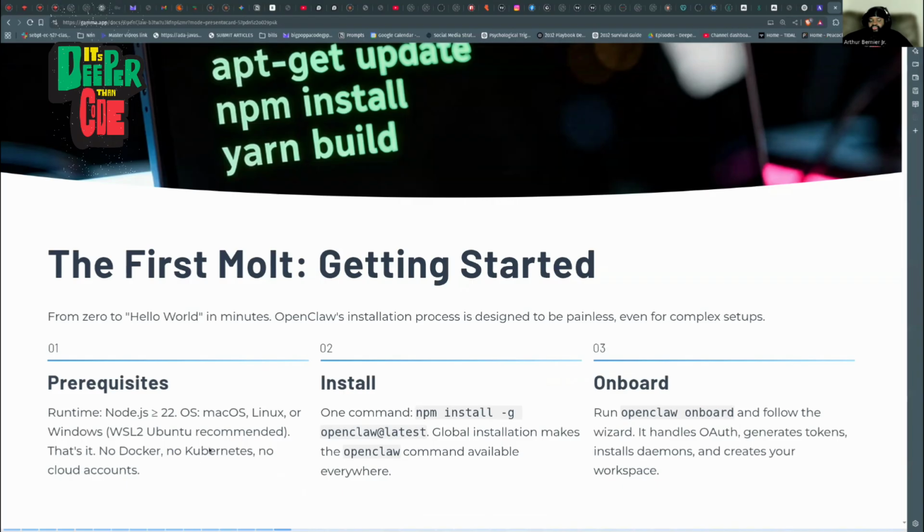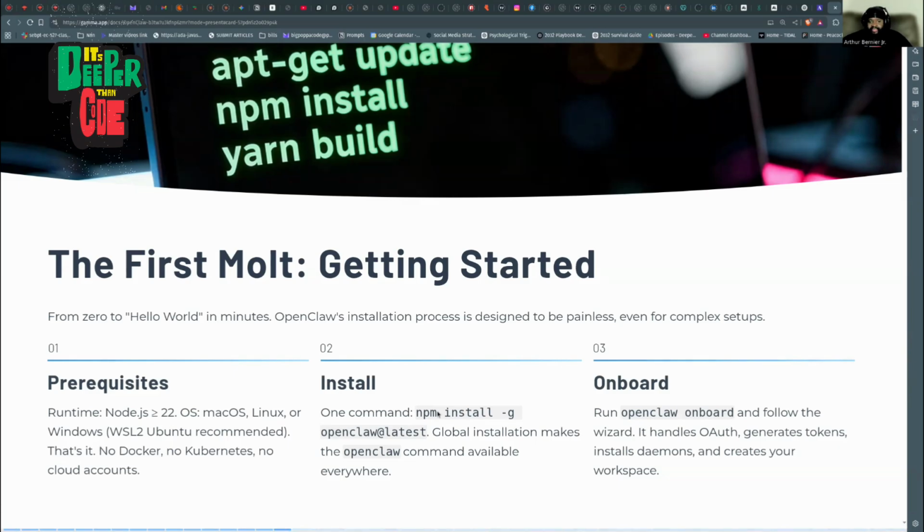Then after you have installed Node.js, which is what you need in order to actually run the bot, you're going to run a command in the terminal that says npm install -g openclaw@latest, and that's going to pull the bot from GitHub onto your machine, like the code for it. And then in order to actually set it up and start it running, you're going to do the third command, which is openclaw onboard, right?